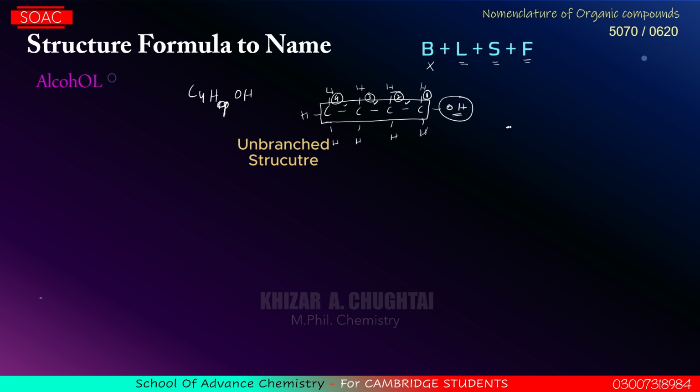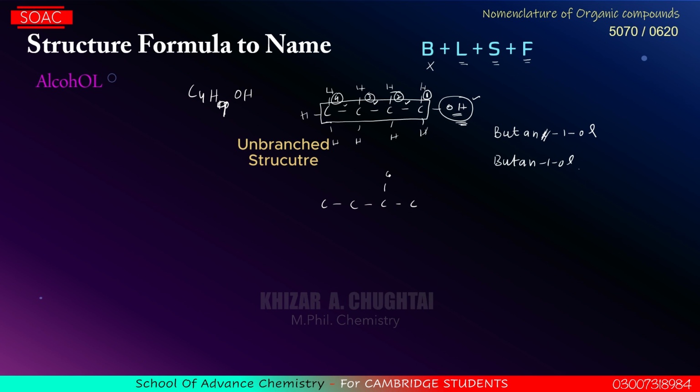So in this case, no branch, thus longest chain containing four carbons, name starts from but. Butane-1-ol. 1 is the position of ol, meaning OH group. Again, I'm going to remove this E. So its name is butane-1-ol. Come towards another structure that is again having four carbon atoms in a straight line as the longest chain,